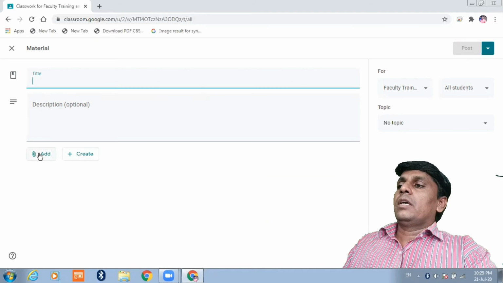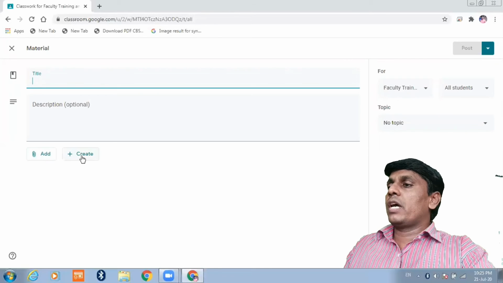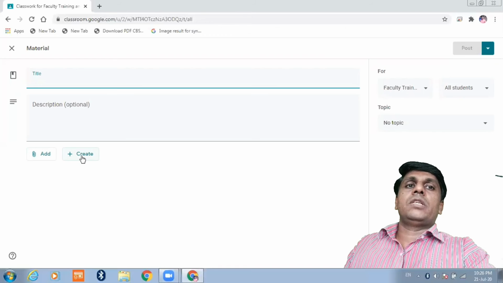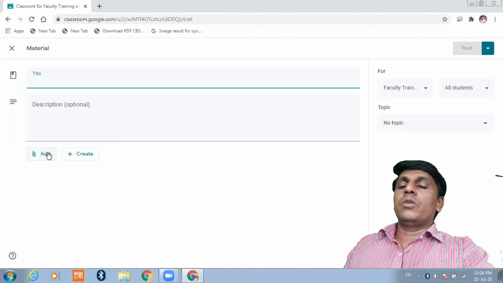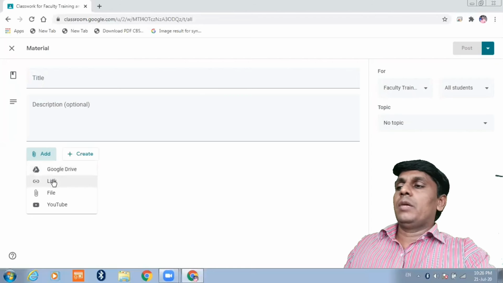And here are two buttons. If you want to add a file, video, audio, go to Add. If you want to create, means set quizzes or create questions or type anything, then you have to go into Create. I will go into Add. Then it will ask what kind of material you want to upload.